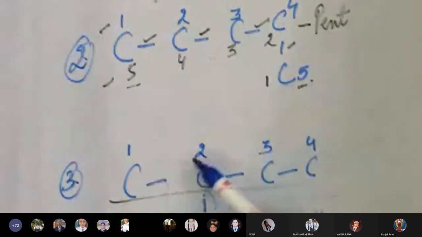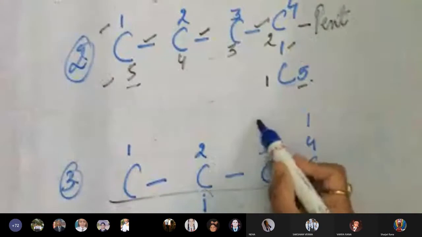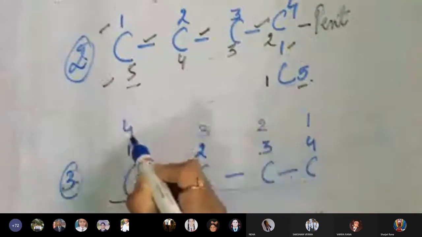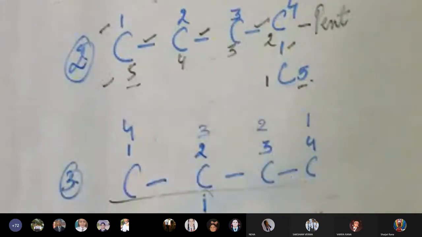Okay. So first numbering, many people will do this way, 1, 2, 3, 4. Then many people will do the opposite also. Let's say this is carbon number 1, this is 2, 3 and 4. Some of you can do this also. This is carbon number 1, this is carbon number 2 and this is carbon number 3. So your 3 will finish here. From this carbon, you cannot jump to this carbon and this carbon. Okay. Now just see, I can do the opposite also. This is 1, this is 2, this is 3 and this is also 4.